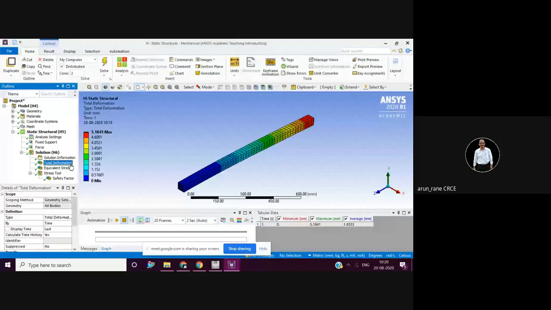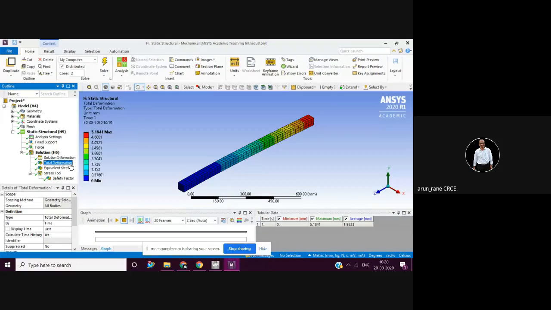We have kept the cross section area the same. We have selected three different cross sections, namely I beam, round and square. We have kept the same cross sectional area, that is 19.625 centimeter square, or 1963 millimeter square. Then in order to maintain the same cross section area, my round diameter D comes as 50 millimeter.